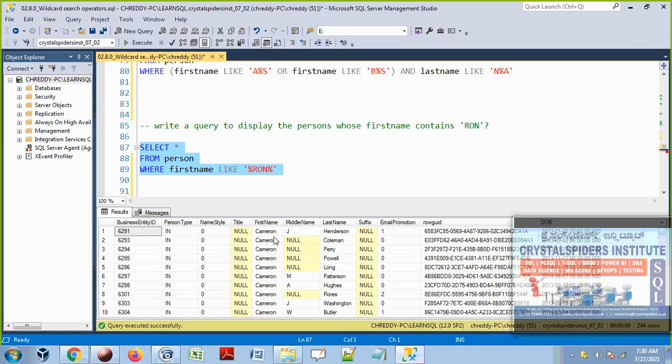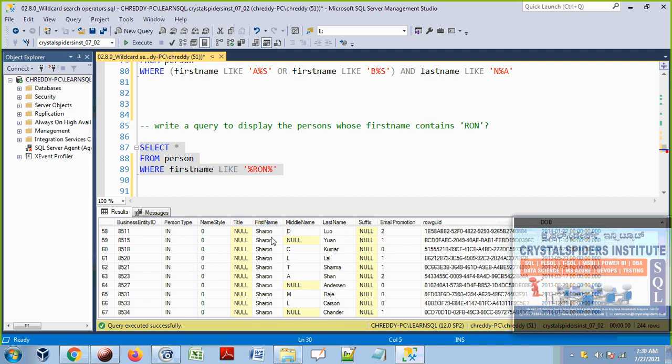See that Cameron, RON is at the end of this name. Tyron, RON is in the middle of that name. Ron, RON is there. And Sharon, RON is at the end. Aaron, RON is there. Cameron, RON is there. Veronica, RON is in the middle.